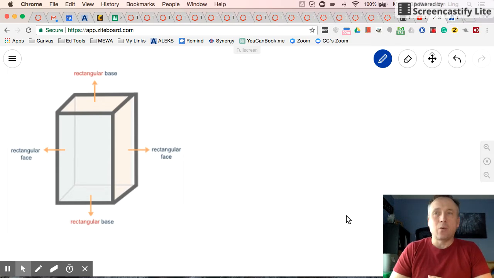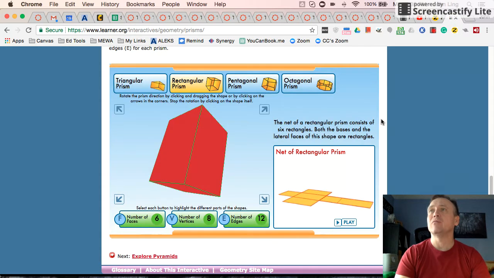Just wanted to go over surface area and volume again because I don't think the lesson did a real good job with either one as far as really highlighting how to calculate these. So I want to show you a couple things first. First of all, I found this cool little interactive website right here